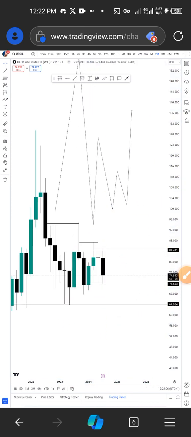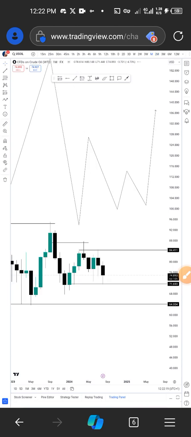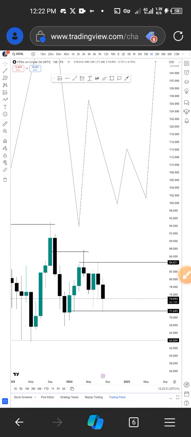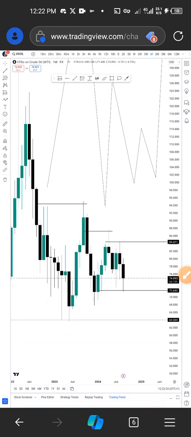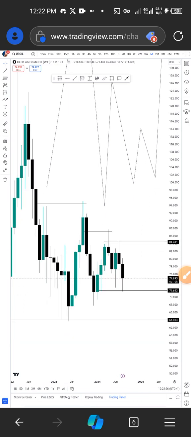So price is at a liquidity edge. That is why liquidity edge is very, very important in this strategy, in this my system. If we go to the monthly time frame, we saw that price has reached an area of a liquidity edge. If you look at this again,